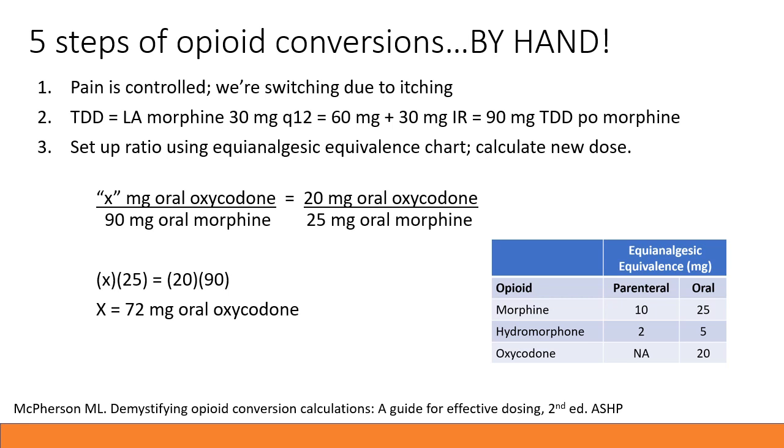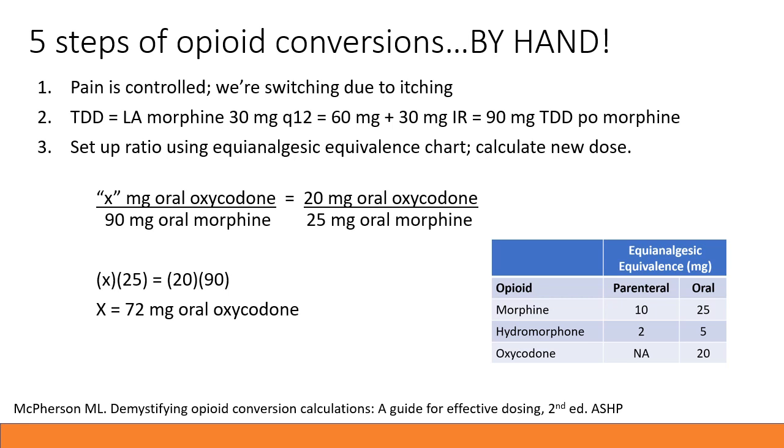And you can cross rows and columns. So 2 milligrams of parenteral hydromorphone is 25 milligrams of oral morphine. So as you see the equation here in the middle of the slide, I always put my unknown in the numerator, what I'm solving for. So X milligrams of oral oxycodone over, he's currently getting 90 milligrams of oral morphine a day. So everything on the left side of the equation is real-time, real-life data, what I'm solving for and where we are right now. Everything on the right side of the equation comes from the chart,